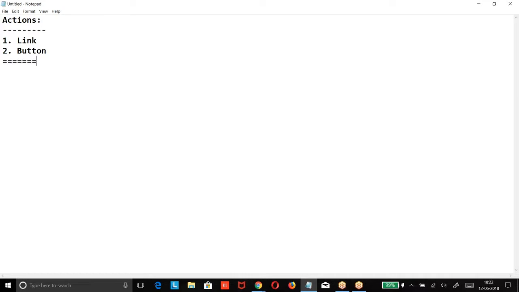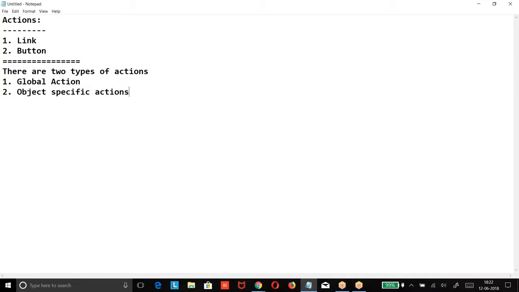There are two types of actions: one is a global action, second is an object specific action, also called quick actions.